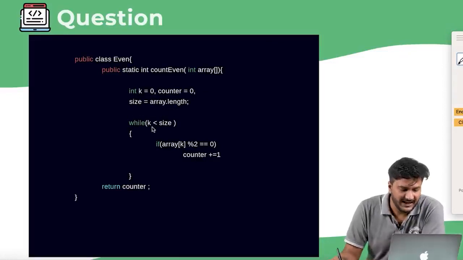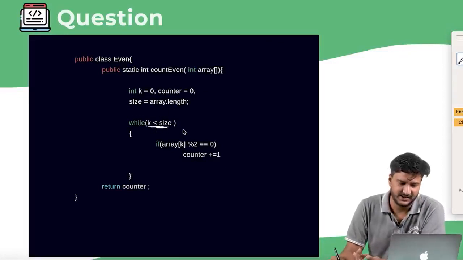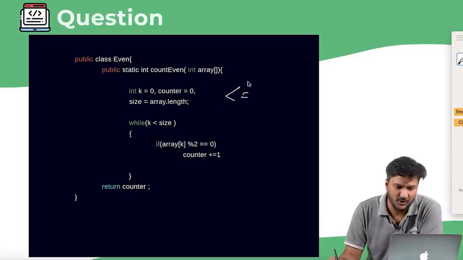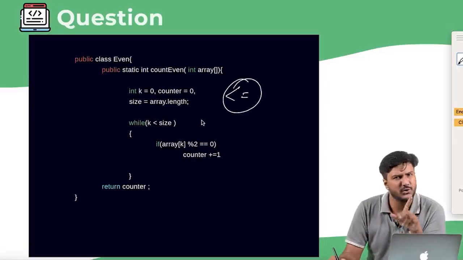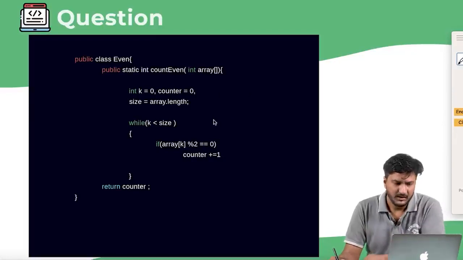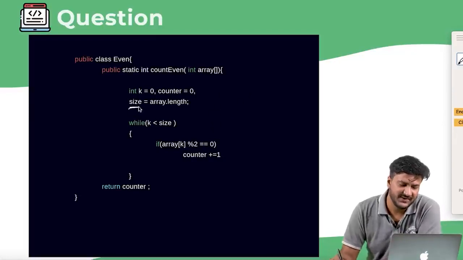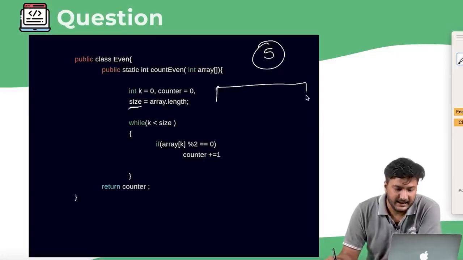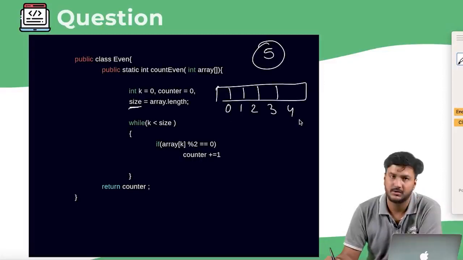So now, while k is less than the size, right? Now a lot of you may say that, okay, not less than, it should be less than or equal to, but I'll say no. Actually, the size will say that, okay, my size is 5, right? But in the array the elements would be 0, 1, 2, 3, 4, right?